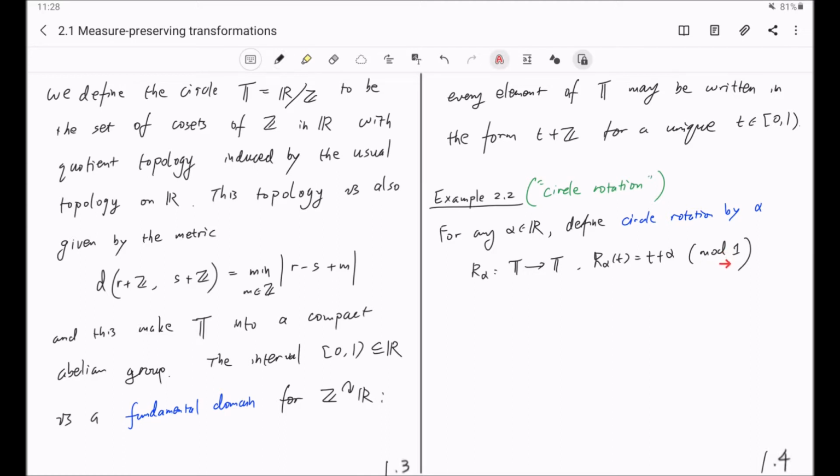This corresponds to a situation where this t plus alpha might be greater or equal to 1. In that case, we want to subtract 1 from here. And here we already identified this topological notion with this interval notion. Then we claim that R sub alpha preserves the Lebesgue measure m sub t on the circle. If you are familiar with measure theory, this should be very obvious to you due to a